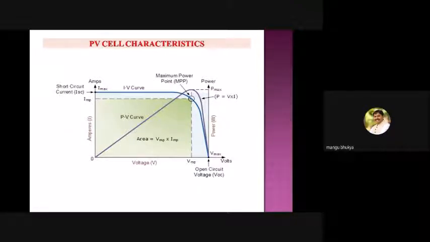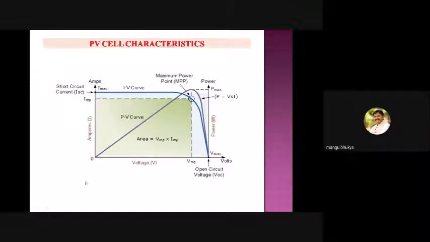Suppose the operating point is here, before the MPP point. Then I will increase the voltage across the panel, because I know that before the MPP point, if I increase the voltage, the power drawn from the panel increases. So gradually I will reach this point. This is the algorithm. The concept is the same; somebody takes it in terms of voltage, and somebody takes it in terms of the slope.